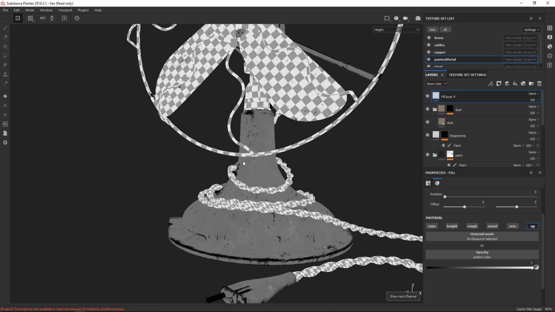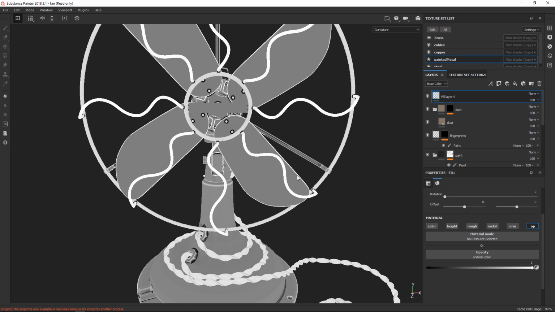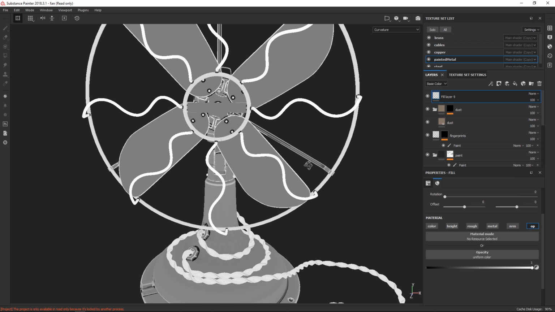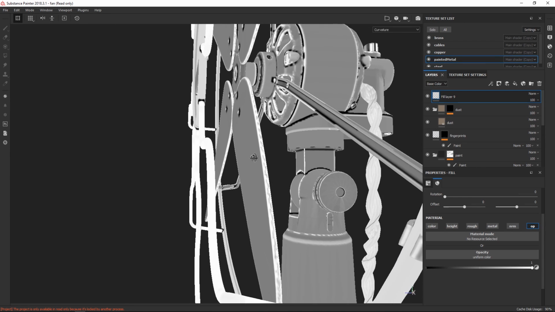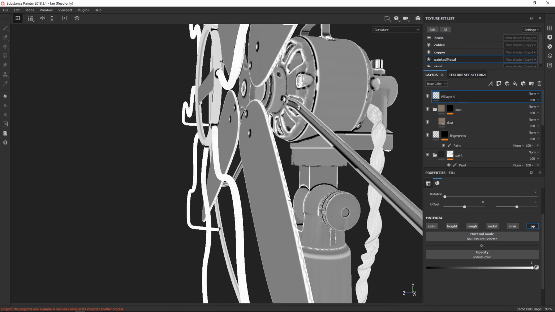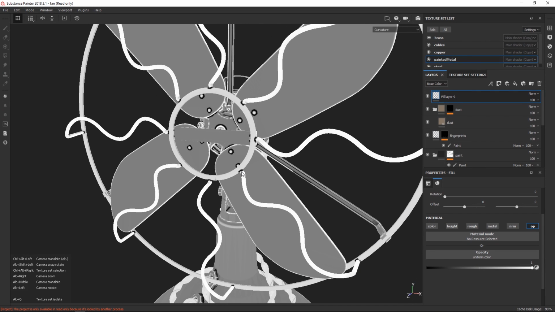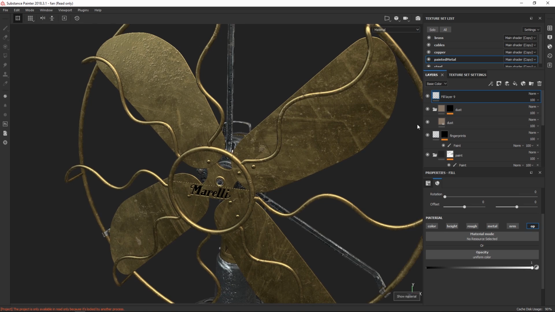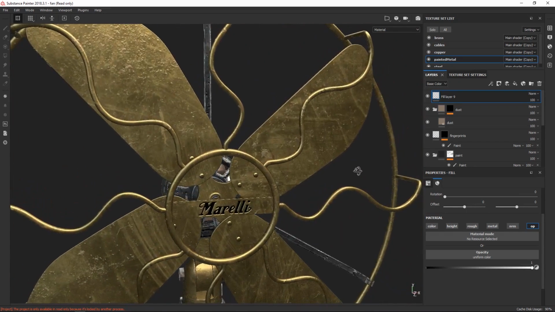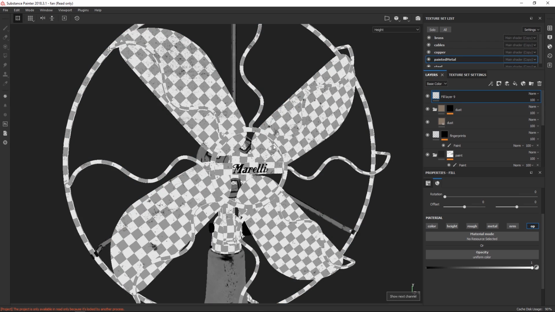The next up we have curvature. Let's look at curvature. And curvature is pretty much exactly what you would assume. It would look at the angle of your polygons, and it will give you a map based on the curvature. So here we can see there's a lot of curvature going on. There was a lot of change in the curvature. So if you have a table, for instance, the edges of the table would be white. It would light up. And this is really one of the maps which is used so much in Painter. This is the one if you use something like the metal edge where this is just all curvature. So curvature is used heavily in Painter, and you can generate that directly in it.